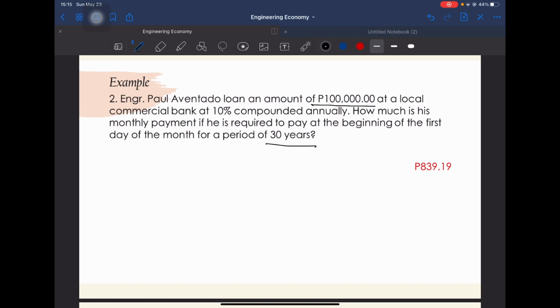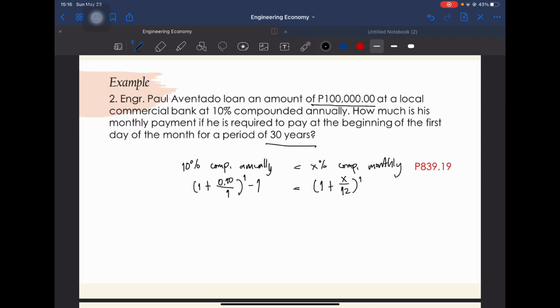So, convert first. 10% compounded annually equals X% compounded monthly. Their effective interest rates must be equal. So, 1 plus R over M, raised to M, minus 1, equals 1 plus R over M, raised to M, minus 1. So X equals